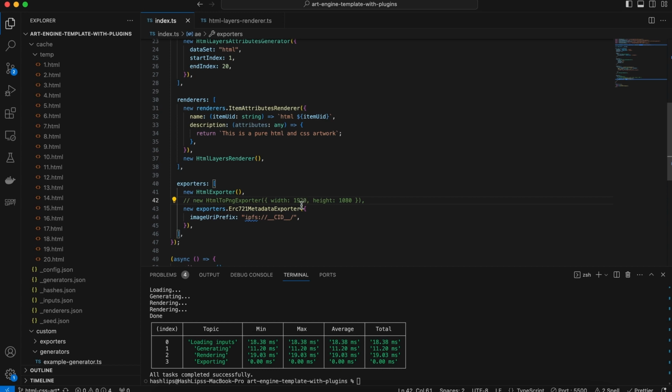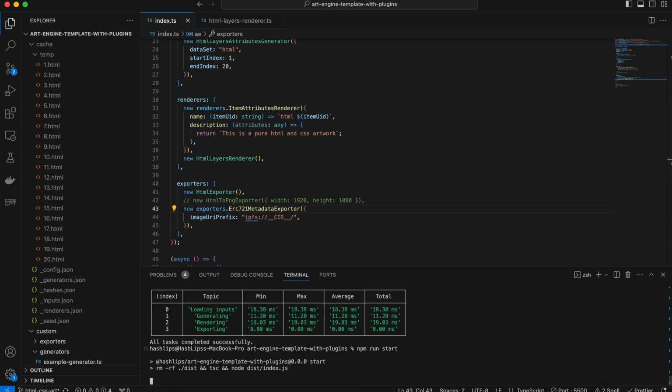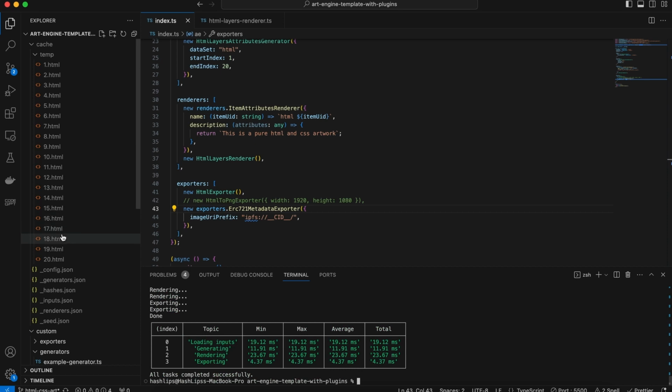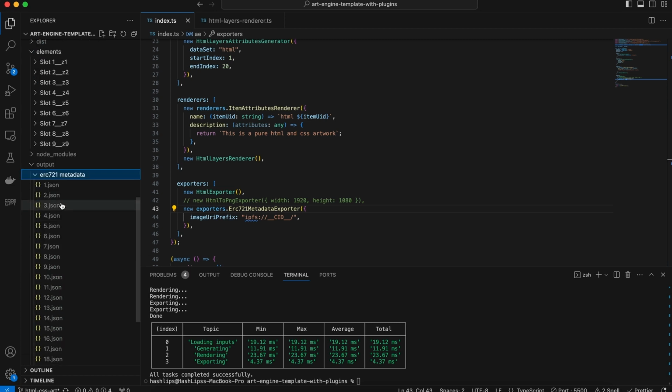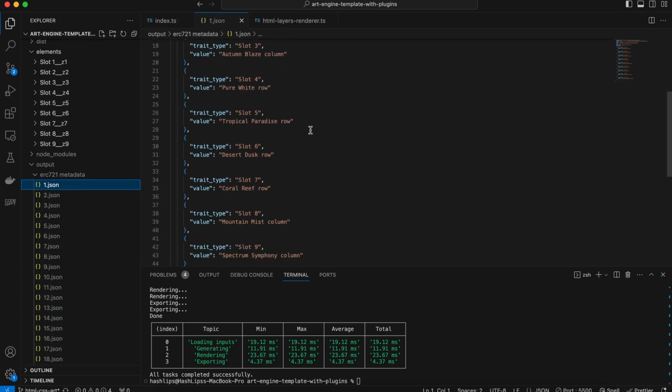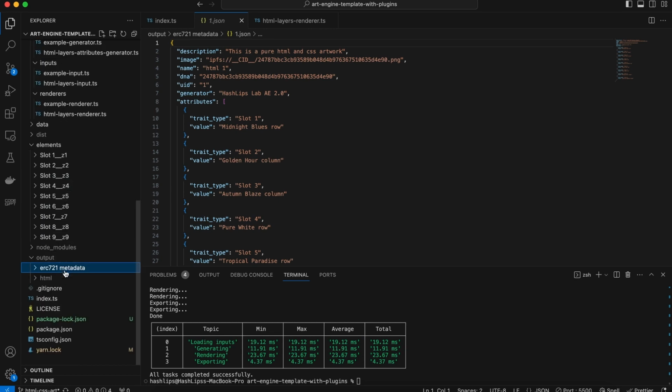And so I made these two plugins, which is known as the HTML exporter, and the other one is known as HTML to PNG exporter. And then, of course, we have the normal ERC 721 metadata, which we all know. So just to give you an example, these two very much just copy these HTML files over into the output folder. So we have our metadata that we are used to with NFTs,